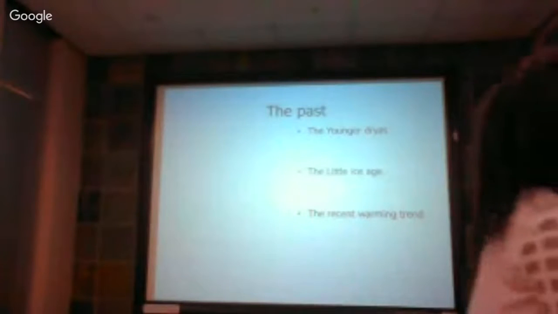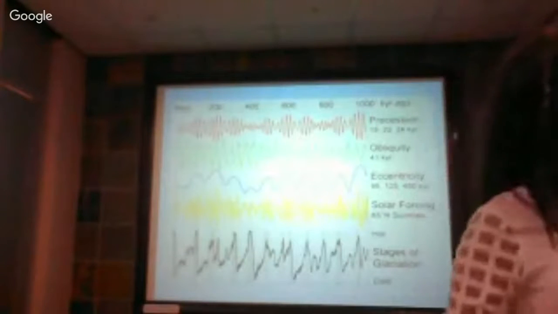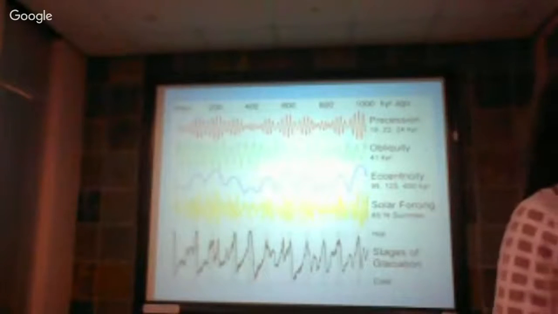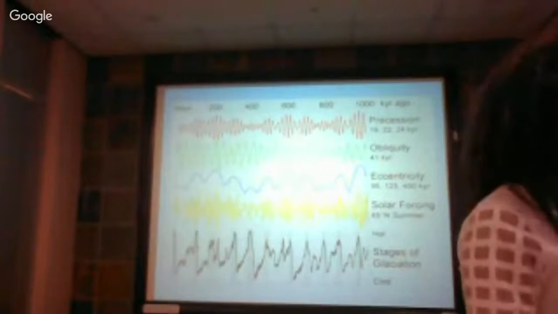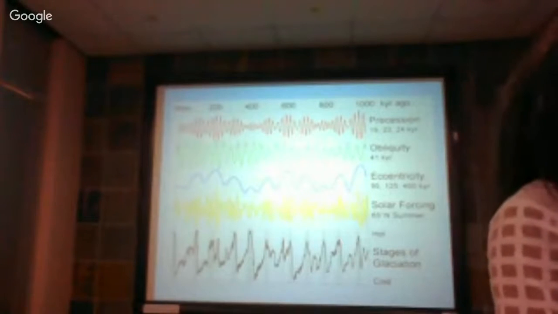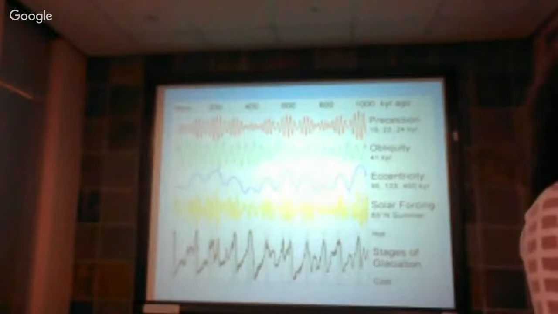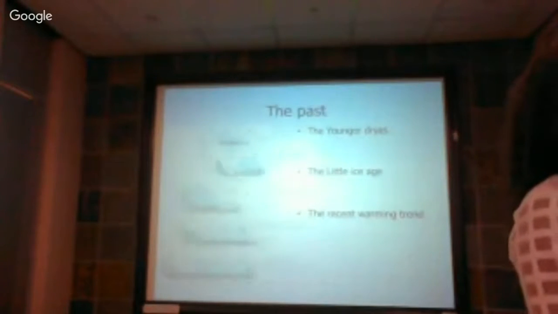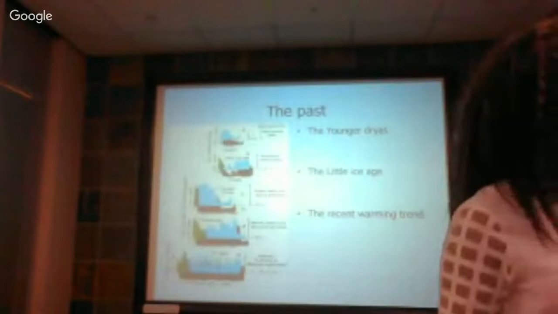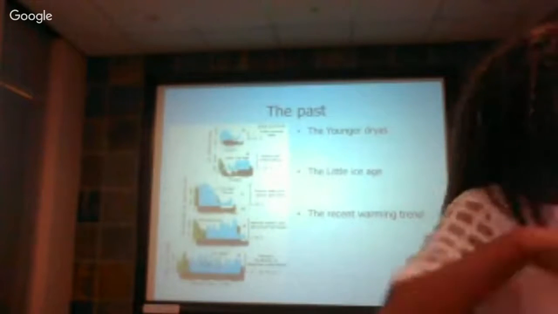Okay, guys, on the previous slide, my partner showed how the Milankovitch cycles, precession, obliquity, and eccentricity influence the stages of glaciation. When they're all at peak, you can see we have an interglacial, and then as everything decreases, we have an ice age. So I'm just going to take you through a few significant events that happened in the past that we have established using paleoclimatological data and proxies.